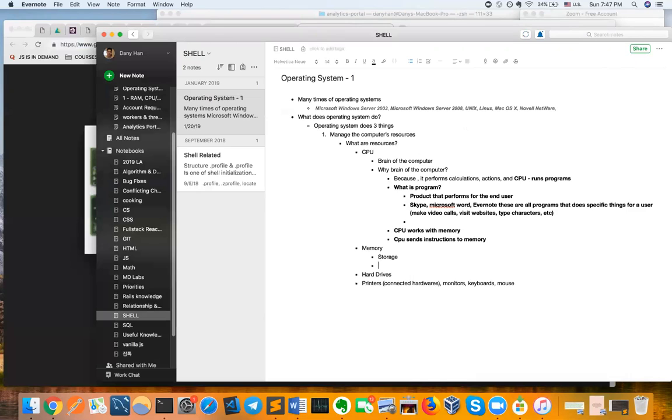So when the CPU tells a program to run, and a program is currently running, say Skype, usually the program that is running needs some kind of storage, right? Think of it this way. Let's say I'm running a very heavy math-oriented program, like a calculator app, right? And I'm running that calculator application,